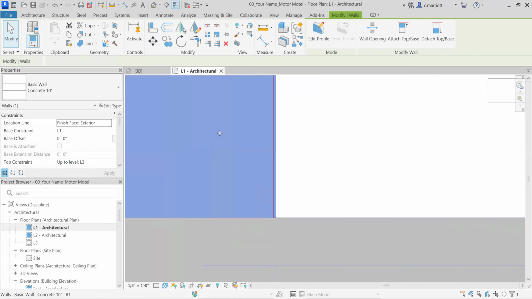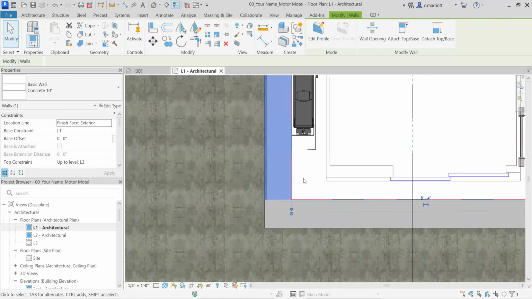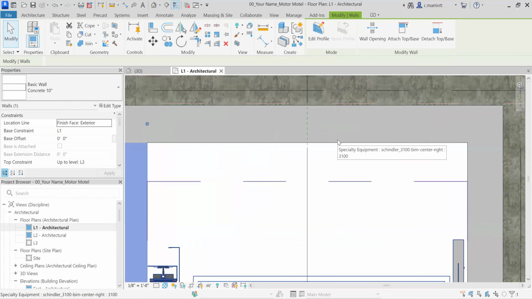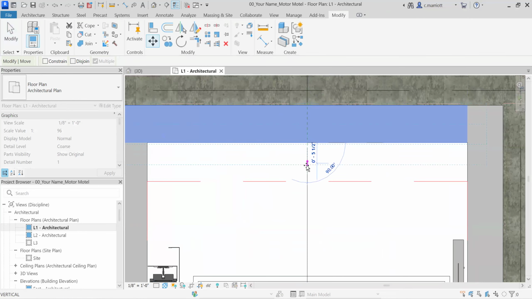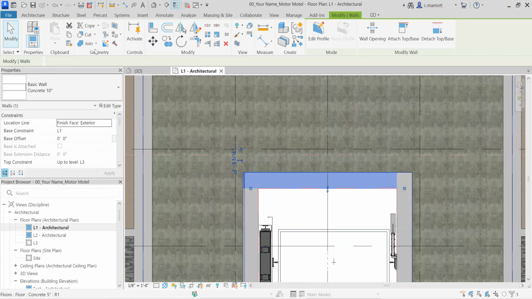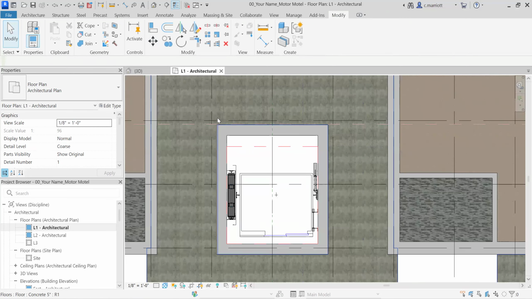Oops, let's try it again. Make sure you're snapping to an endpoint or something that you can. Now, we have a couple of options here. This wall here can either move in, but if you have a larger space that you're trying to fill, it could be like that. Control Z. If for some reason you have extra space behind here and there's nothing that you can really shift the wall to,